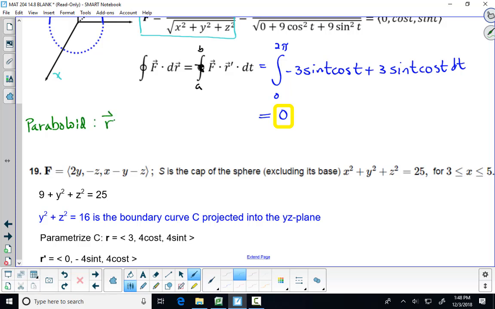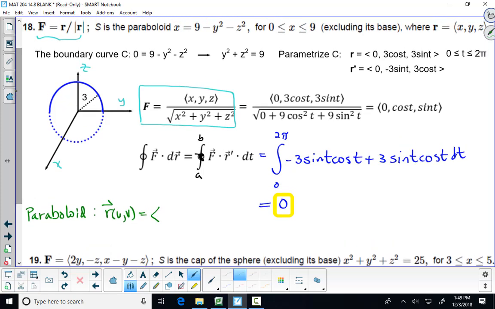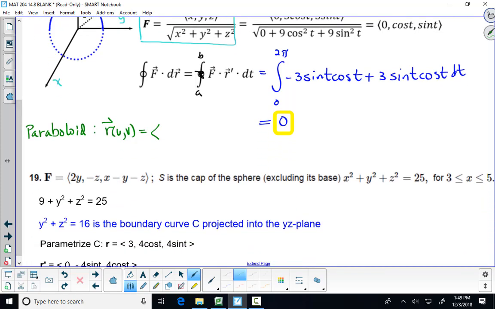So we're going to have r of u v equals, and not too hard though, right? The x component is going to be the simplest. It's just going to be 9 minus whatever we choose for those other things. So can we do 9 minus u squared minus v squared, and then u for y